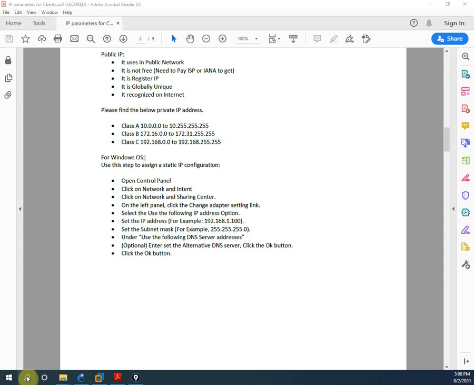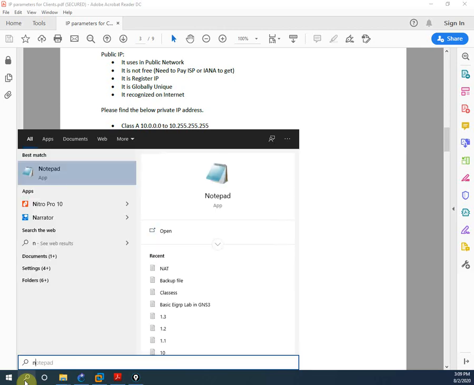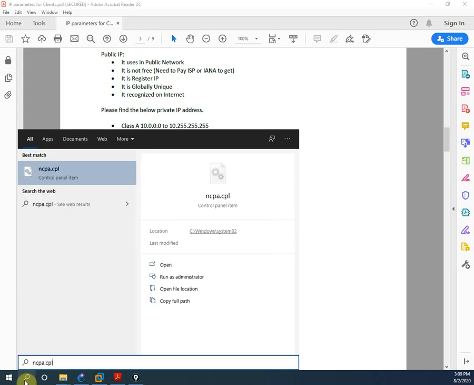Yeah, let me write here. So see, we have different methods. You can go in the command prompt, or you can go in the control panel, or you can go in different places. But anyhow, we have one shortcut command also. We can write ncpa. Let me write ncpa. We can do this way also. Many guys are doing this one also. ncpa.cpl. Okay, you will write this one and you will press enter.